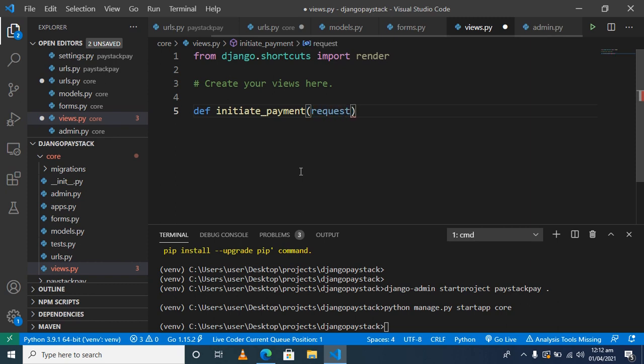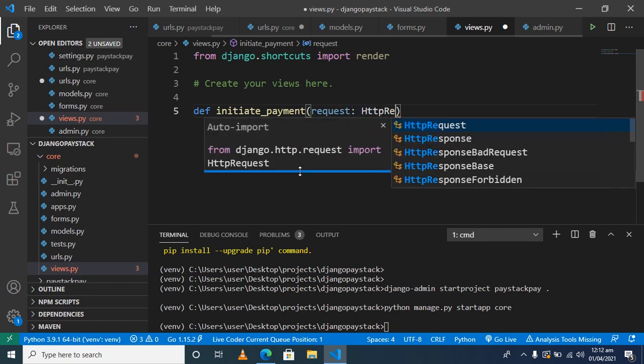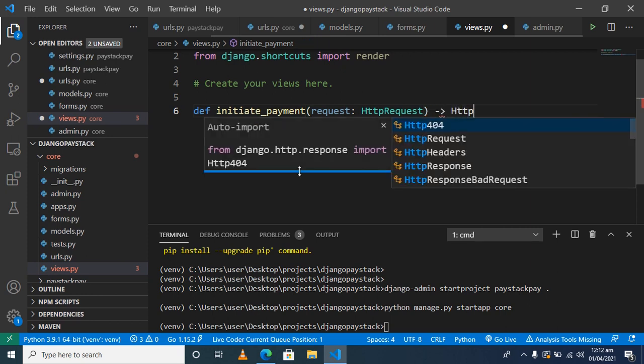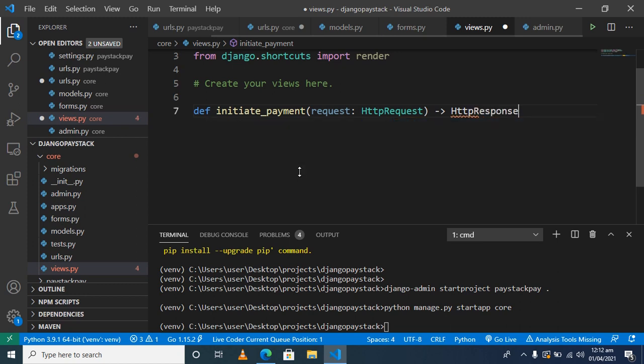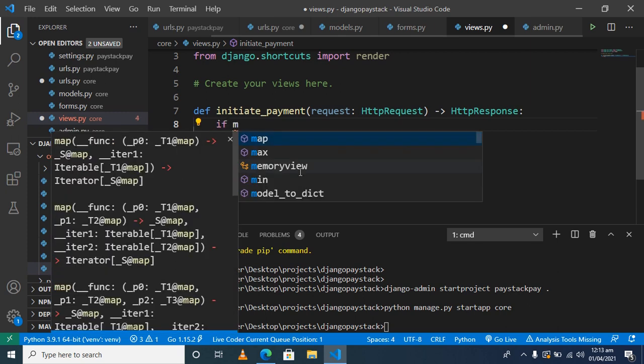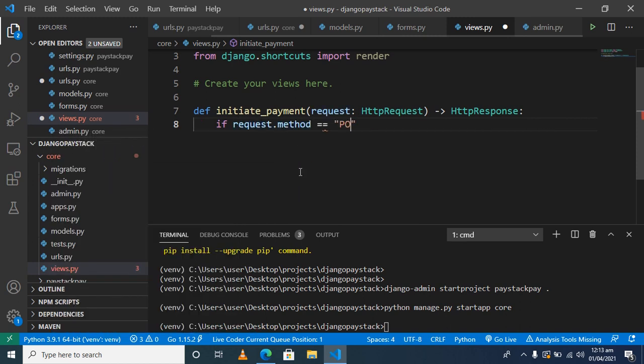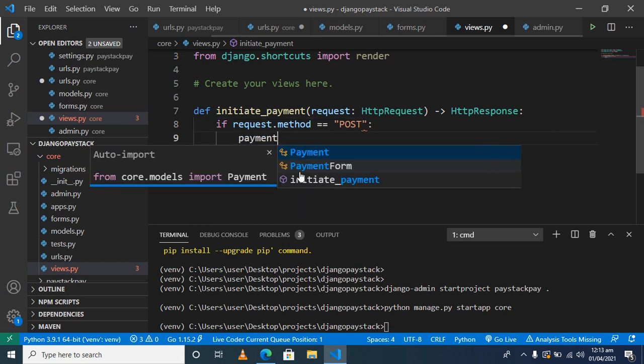It takes in request, which is an HttpRequest object, to import, that's the job, and it returns an HttpResponse. Now what this is going to do is create a payment object. So if request.method is equal to POST, then payment is equal to